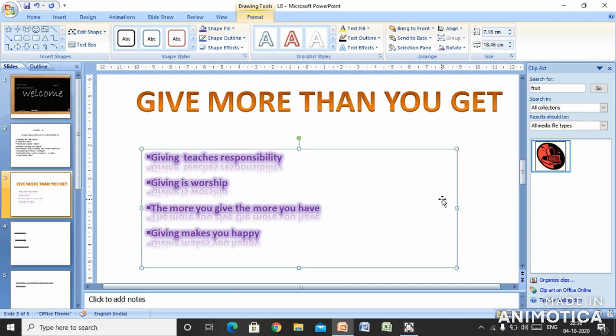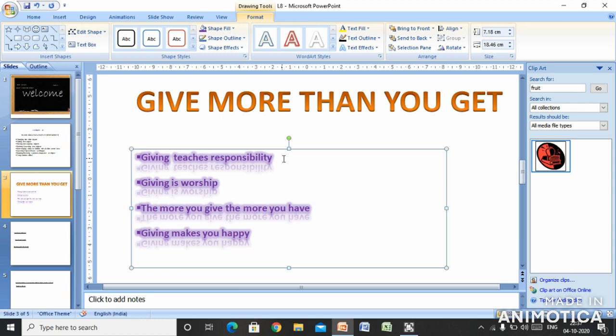Now the next topic we will learn about is moving and copying the objects. Our next topic will be what? Moving and copying the objects. How to move and copy the objects. To perform any action, first of all we select the text with the help of the shift and the arrow key. See here, shift and the arrow key. I will select this particular text.